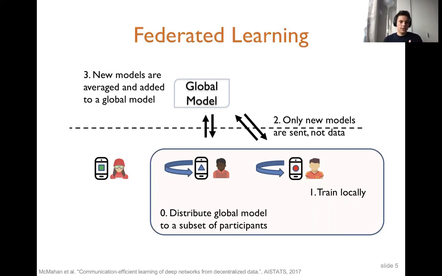Also, for convergence reasons, if we get models from thousands or millions of users, when we average, all the updates from the users might just cancel out. So we still want a smaller subset. It's very similar to the batch size concept in traditional machine learning.